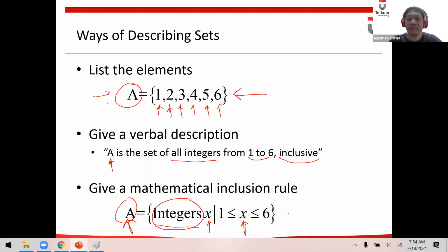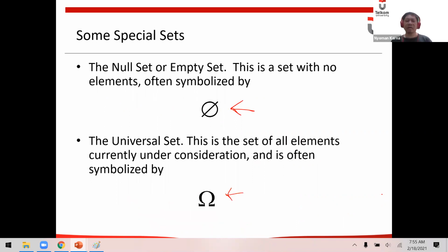So that means the universal set is all integers, while A is the integers only from 1 to 6, and the universe is all integers, including 7, including 8, including 0, including -1, -2, etc. Okay, this is what we call universal set.